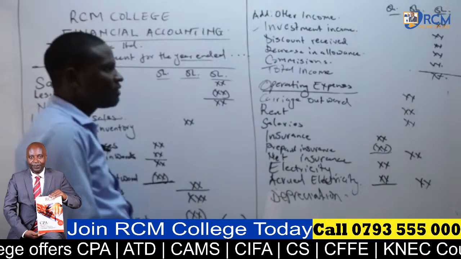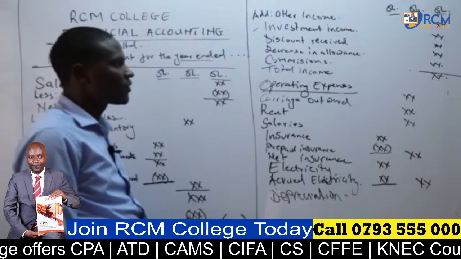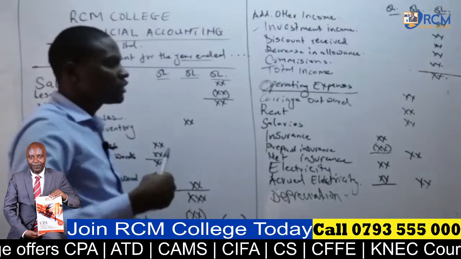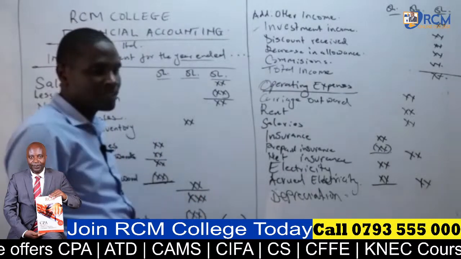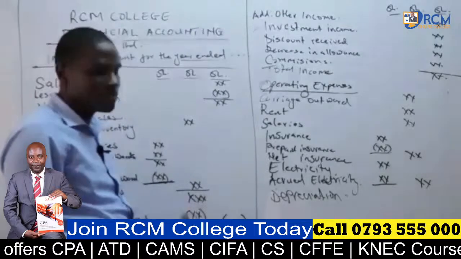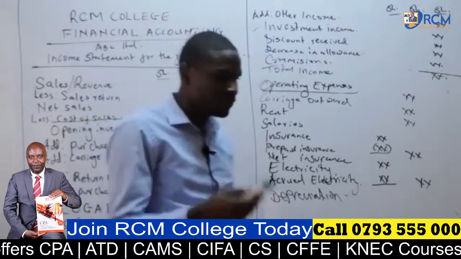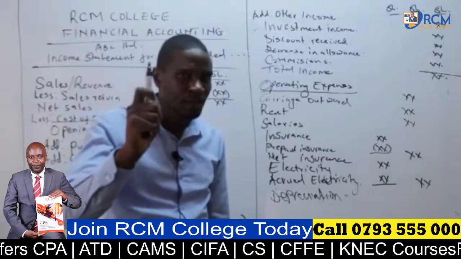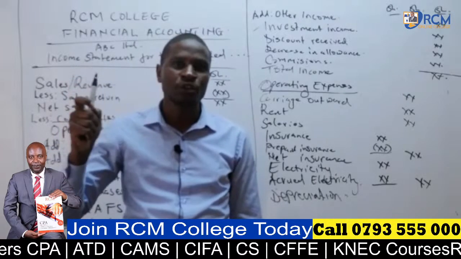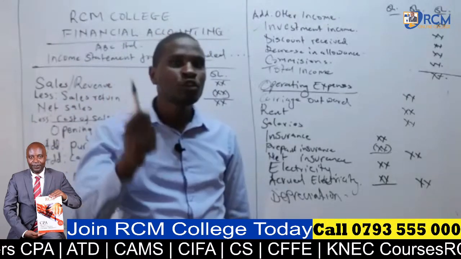Depreciation. But class, remember, for the depreciation, it depends on the asset that you have, right? Non-current asset in that case. So you'll be provided, you'll be told that depreciation for the PPE is 2%. If the examiner gives you the accumulated depreciation and then tells you to use the reducing balance method,